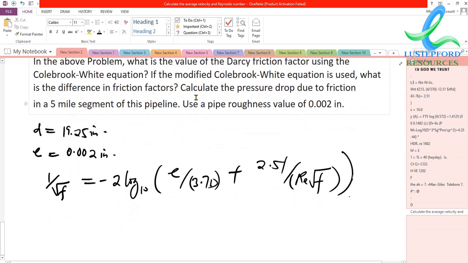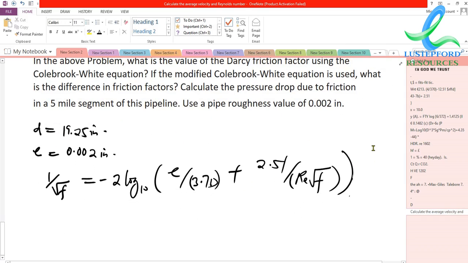So this is the Colebrook-White equation. But the modified Colebrook-White equation is this: 1 all over square root of f equal